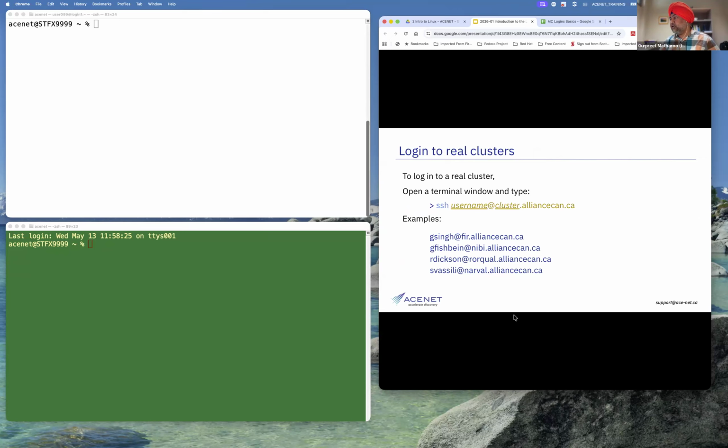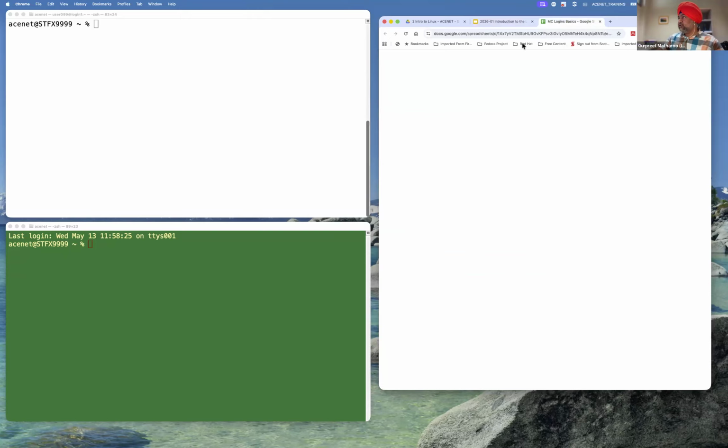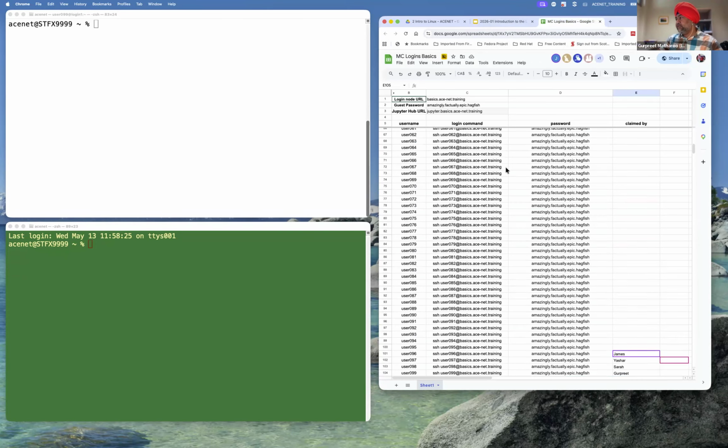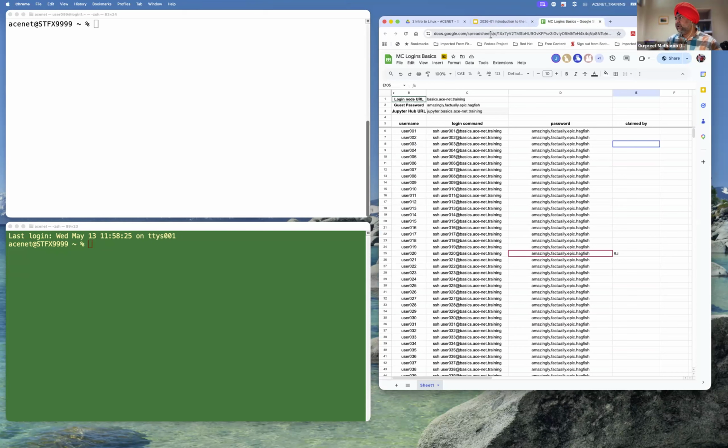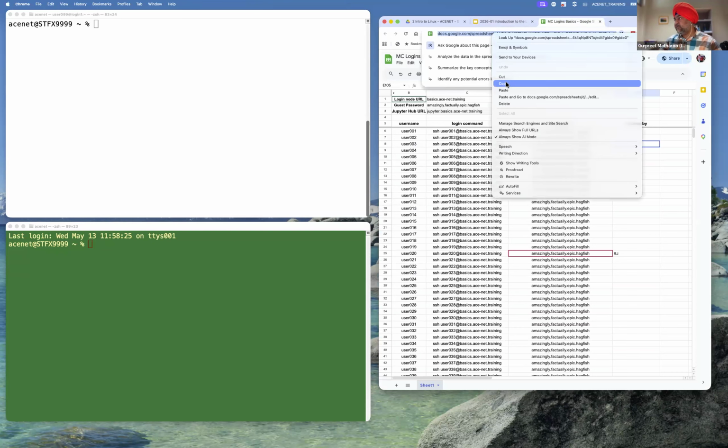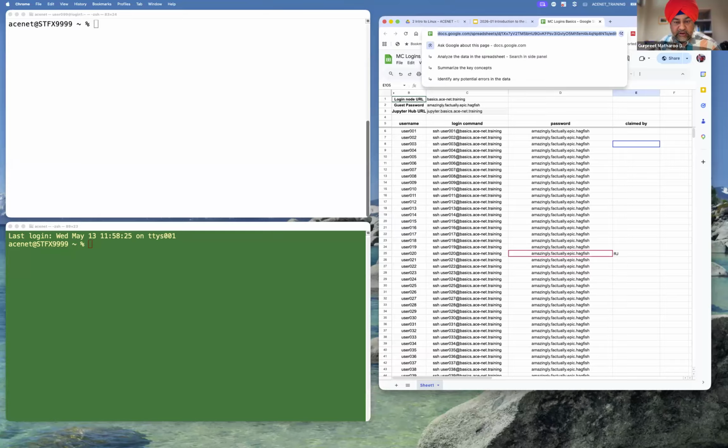In order to log on to them, you all need to have accounts activated with the Alliance. Now, we don't anticipate that pretty much all of you have accounts already set up with the Alliance or with DRAC. So what we have done is we have set up a local training cluster for today's workshop. So the details of this local cluster are actually here, and probably someone has already pasted the link there, but I'm just going to paste this link again here.